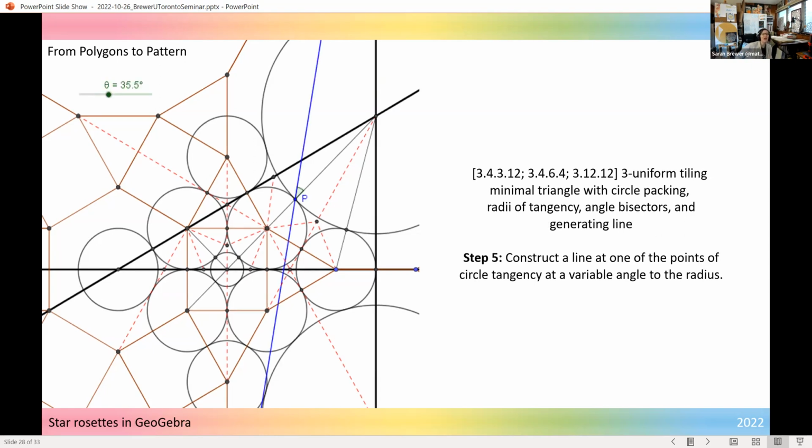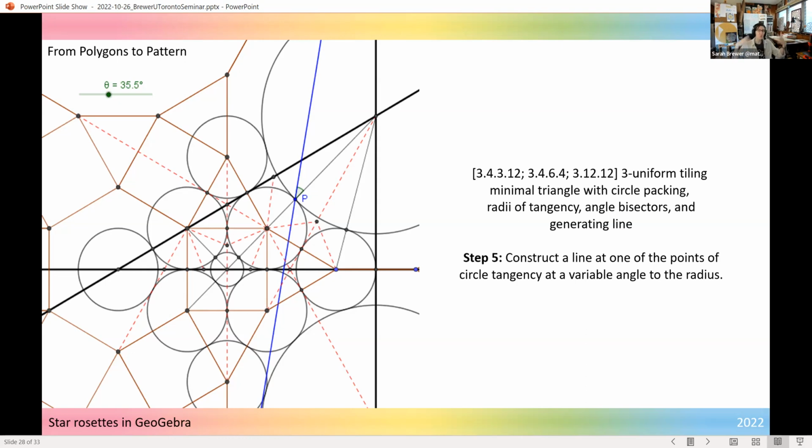All right, so then comes our generating line. So you can imagine this dodecagon at the top right. In my earlier paradigm, I would have rotated point P some number of times to get a collection of vertices, and that would be like a star polygon line. So I would connect point P to some other vertex. And that's what you would do if this were a pattern in the wild, right? I would connect point P either to the point of tangency to another one of those circles or the in-between points. But we're fancy with our fancy software, so we just make a little slider that lets us change the